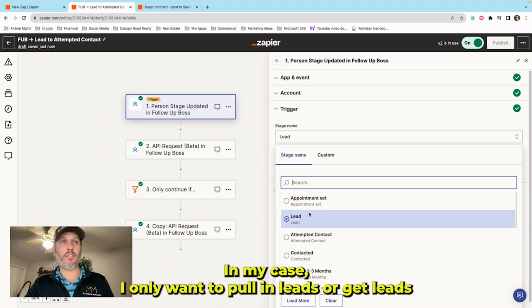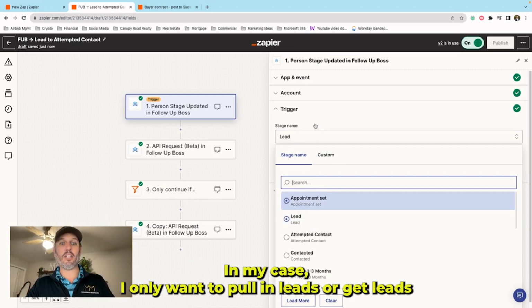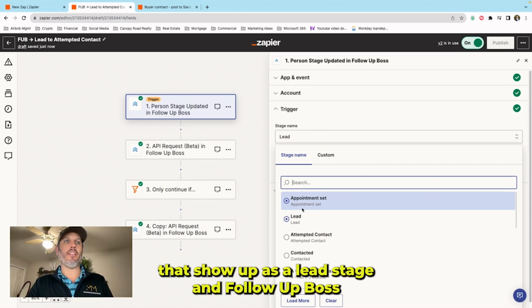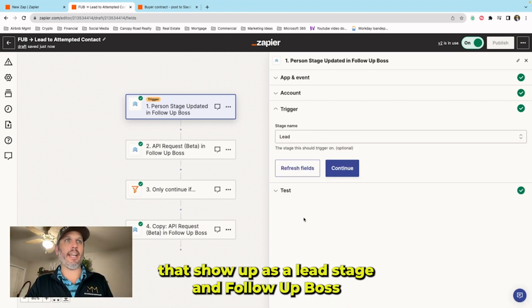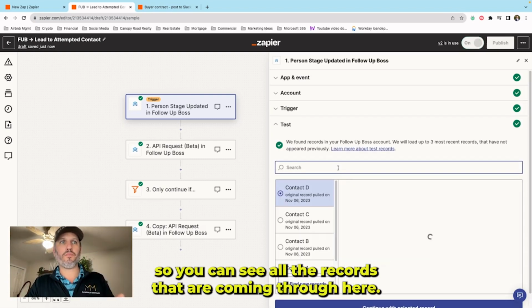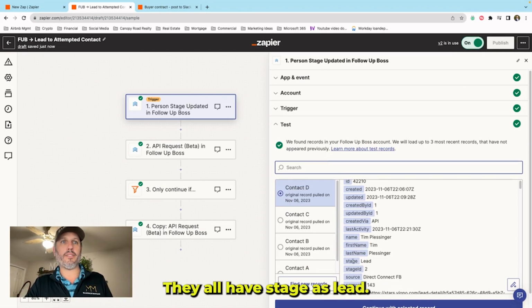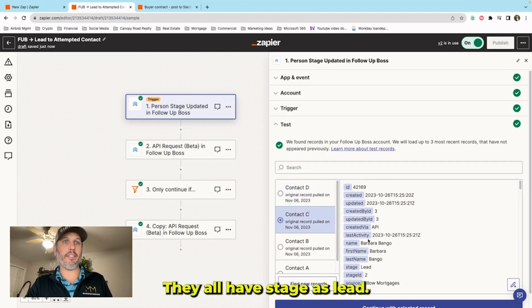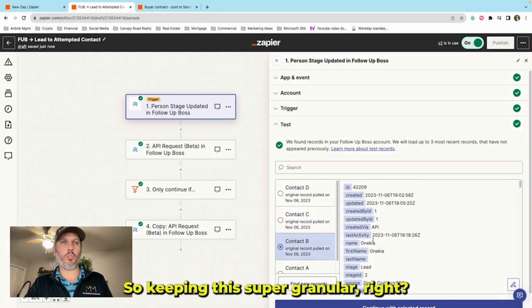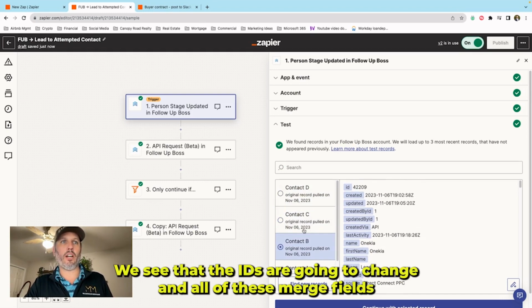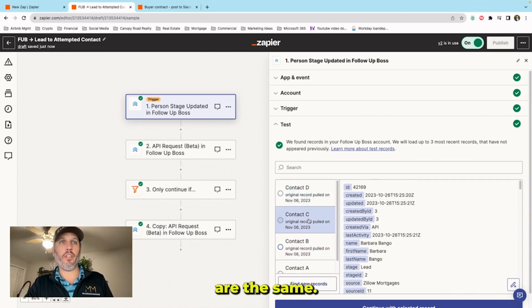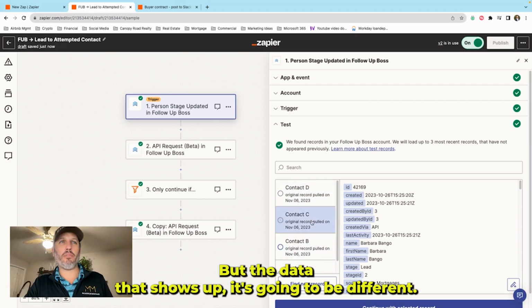In my case, I only want to pull in leads that show up as a lead stage in Follow Up Boss. So you can see all the records that are coming through here. They all have stage as lead. So keeping this super granular, right? You see that the IDs are going to change and all of these merge fields are the same, but the data that shows up is going to be